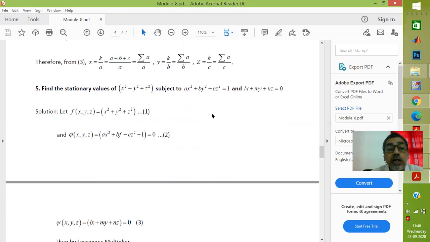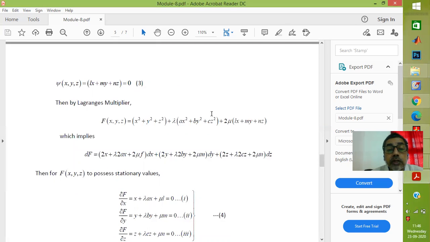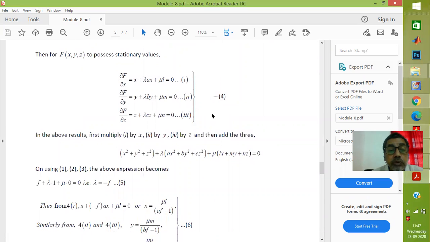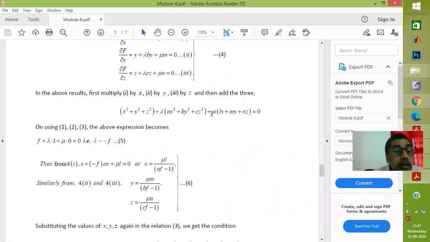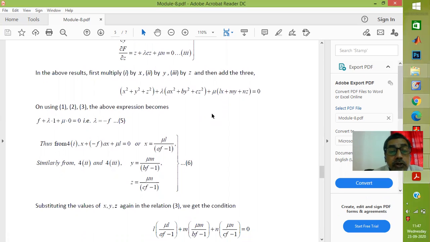Question number 5 is a problem based on two constraints. x squared plus y squared plus z squared is the objective function, and then you build a Lagrangian function with the parameters lambda and mu, and then you take the partial derivatives with respect to x, y, and z, equate them to 0, and then you will get, on careful calculation, lambda is equal to minus f, and then once you plug this in, you will get x